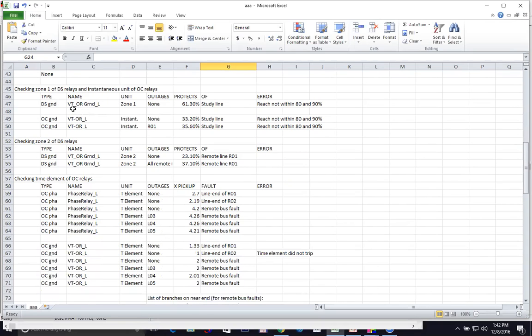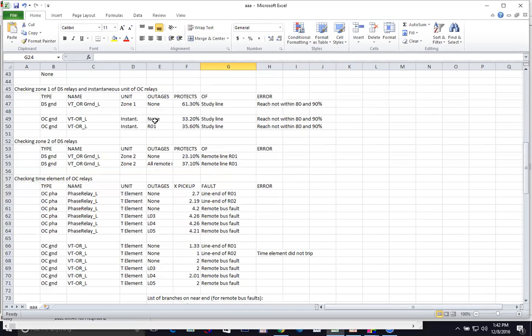Okay, and then the second section here says checking zone 1 of distance relay and instantaneous units of overcurrent relays. In this case, I found that for a distance ground relay with this name, it covers 61% of the line, and there's an error because I told it that I want it to be between 80 and 90. So this is something that you should pay attention to. And then it decided to check the overcurrent ground relay that are there.